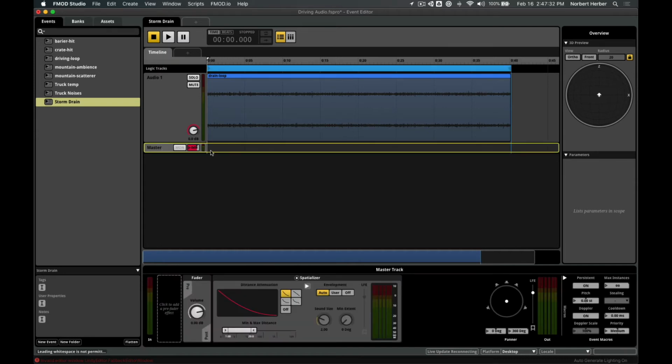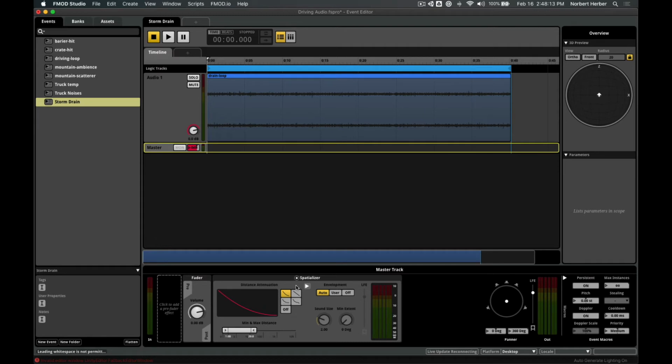And as a 3D sound, this has on its master track FMOD's spatializer plugin. There is a lot to know about what's going on here, some of which I'll cover right now as we set this up. But if you look in the description below this video, you see I have a link for a tutorial on FMOD Studio 3D Panner by Stefan Schutz. Highly recommend that you watch that and listen to what Stefan has to say about the spatializer, its parameters, and